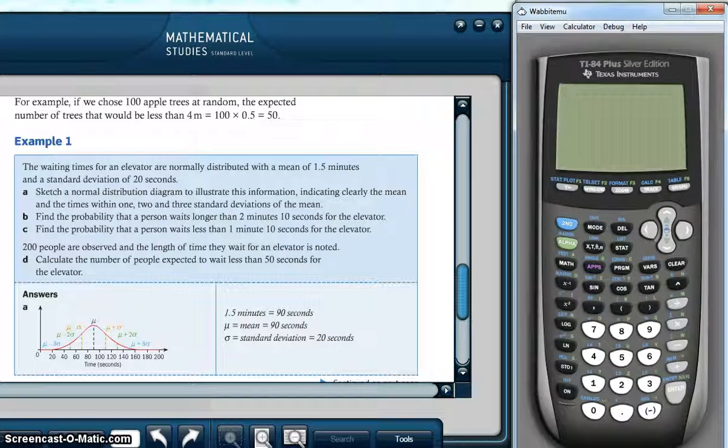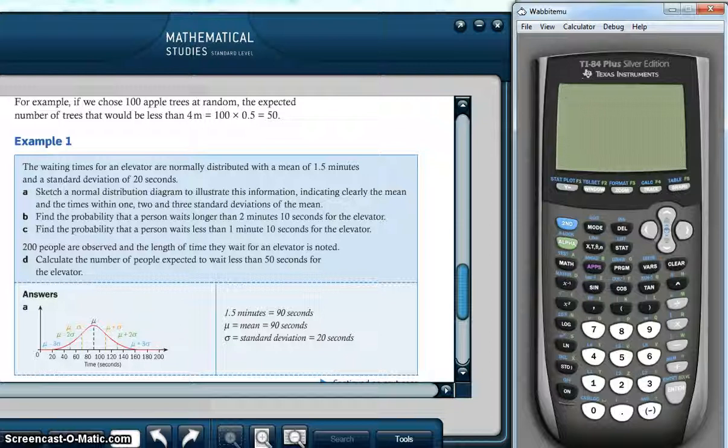Today I'm going to share with you how to find a probability based on a normal distribution curve using the graphing calculator TI-84+, and I'm going to do it two ways. I'm going to do it just finding the percentage, and then I'm actually going to draw the picture to show the percentage. So I have an example here from a textbook,